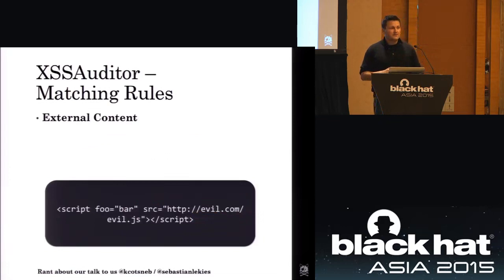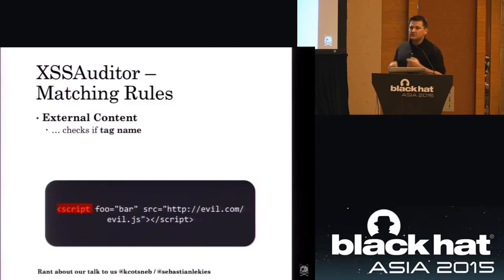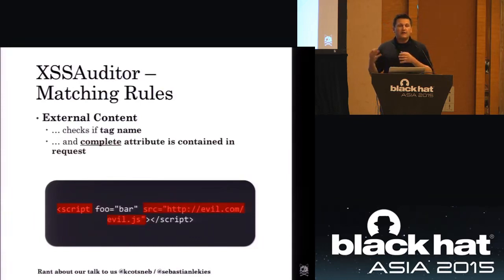The third check applies to external content. The auditor has a list of different tags that are capable of loading external content. Whenever it encounters such a tag, it will first check whether the opening tag is contained within the request. In this case, this is an external script, so it will check for opening angle bracket and script. If it's an object, it will check for opening bracket and object, and so on. If it finds this, it will look for the URL attribute. For script, this is src. For objects, this is data. For A tags, this is the href attribute. It will then have a look whether it can find this attribute in the request, and if so,